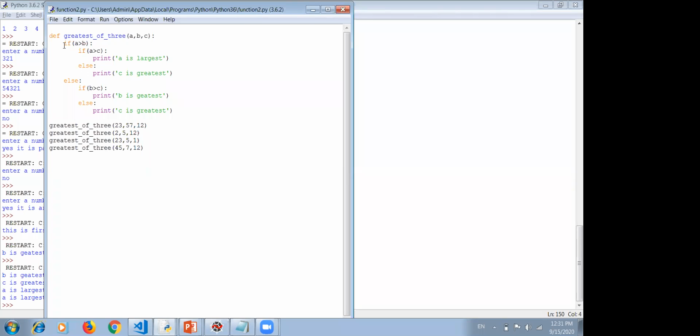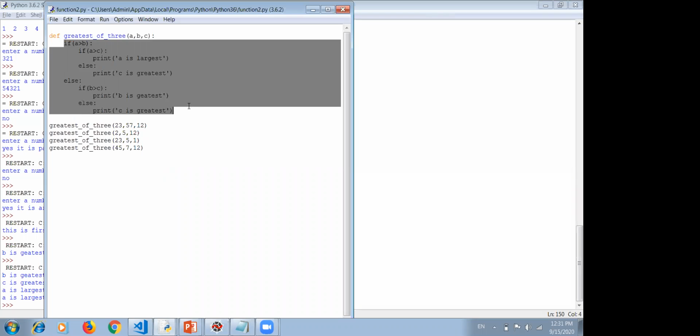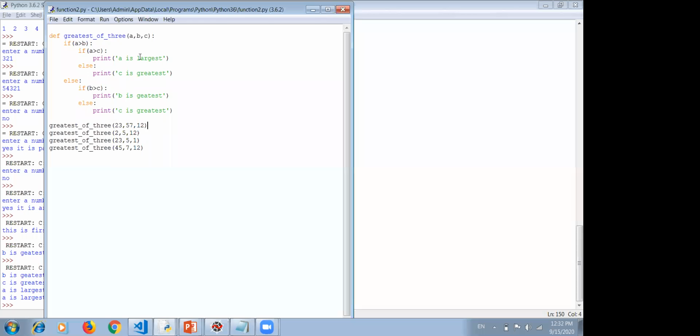We have written this code only once, but it is being used 4 times. So this increases the readability, because the code decreases, and it increases the reusability of the code. This code has been reused again and again. The size of the program decreases. All these are the benefits of functions. So in Python, the def keyword is used to define the function, and to call the function, we just use the name of the function followed by parentheses. And if some parameters have been given here, then you have to pass the arguments to those.